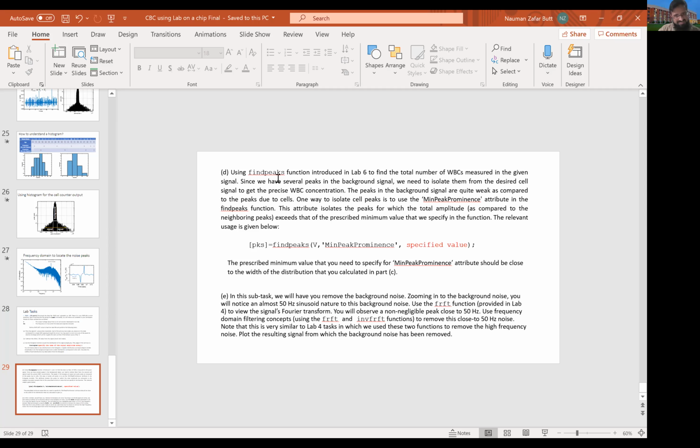तो you don't have to count the peaks in the background signal. अगर आप करोगे तो आपका आंसर गलत आ जाएगा, because background is not corresponding to the cell. तो आपके लिए लाजमी है कि जो बैकग्राउंड की पीक्स हैं आप उनको काउंट ना करें। तो उसके लिए फिर हमें एक एडिशनल एट्रीब्यूट यूज़ करना पड़ेगा फाइंड पीक्स में, जिसको मिनिमम पीक प्रोमिनेंस कहते हैं।